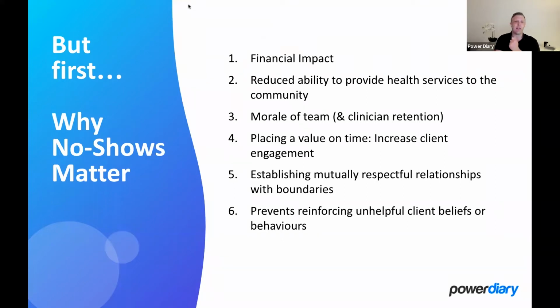Fifth reason is around establishing mutually respectful relationships, with boundaries. And this one is fairly intuitive, but worth discussing. That if we don't frame that relationship from the start, and really emphasize that this is the mutual expectation, if you like, of the treatment and of the relationship that's been established, then if we don't get that framed